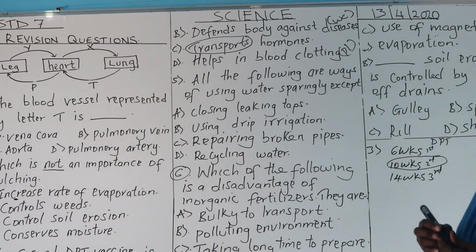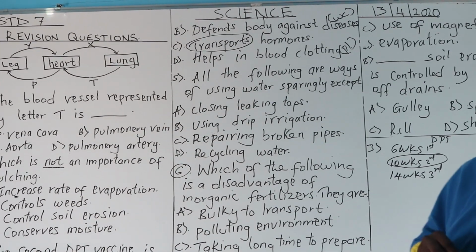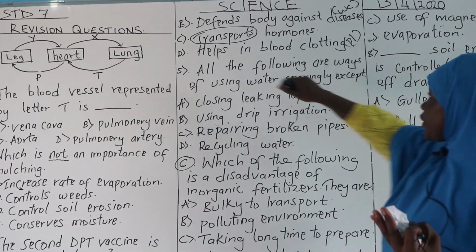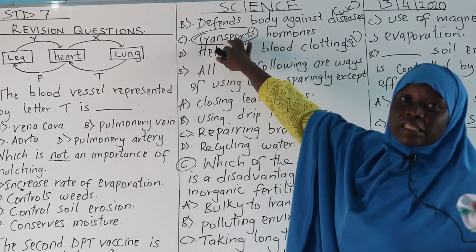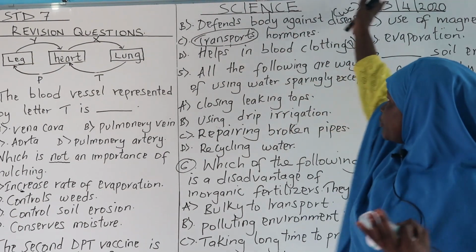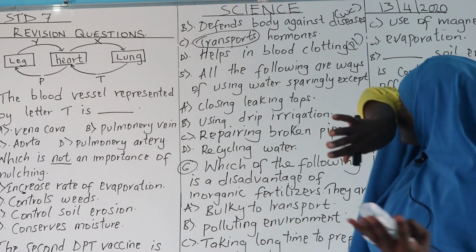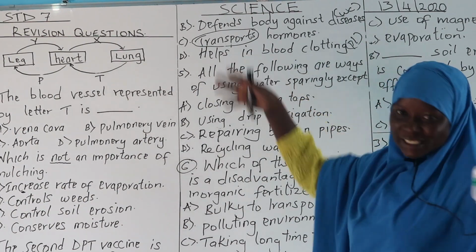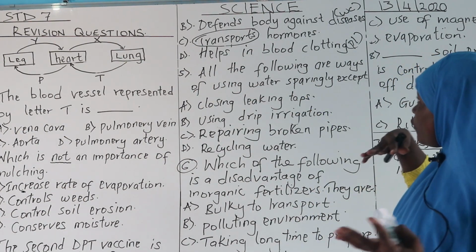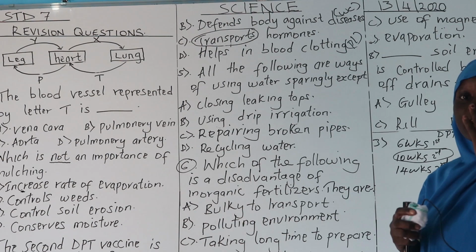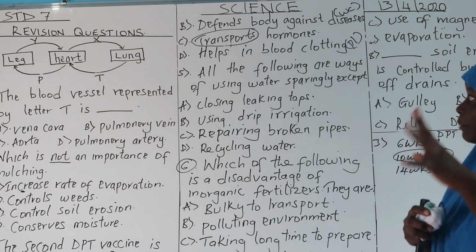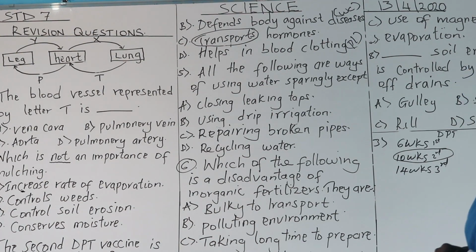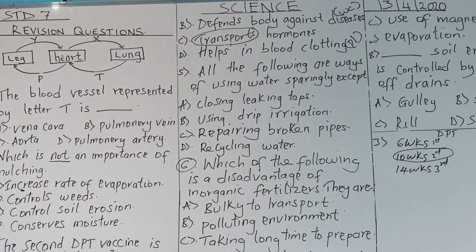So it transports hormones. 1, it transports food nutrients from the ileum to other body parts. Number 3, it also transports heat from the liver to various body parts. Number 4, it transports waste from various parts of the body to where they are removed outside the body. Those are some of the functions. Refer to your textbook for more functions of plasma. So there we have the answer, you see.